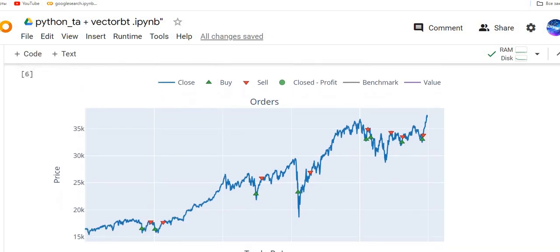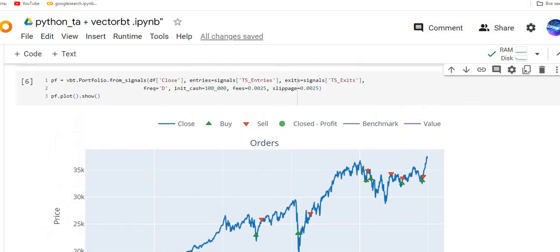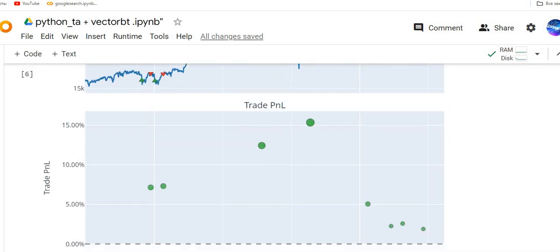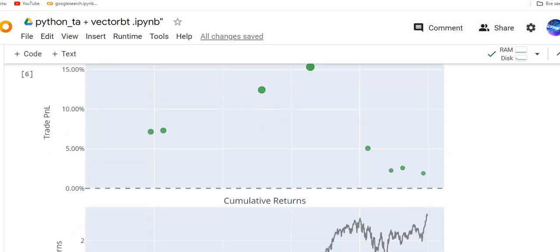First of all, it's orders, it's the close price, and the buy signal is the green up triangle, and the red down triangle is the sell signal. And you see that here we have 100% of income, 100% winning deals, and it's hugely interesting because suddenly I understand that it's just some overfitting, but from another side that's showing us that